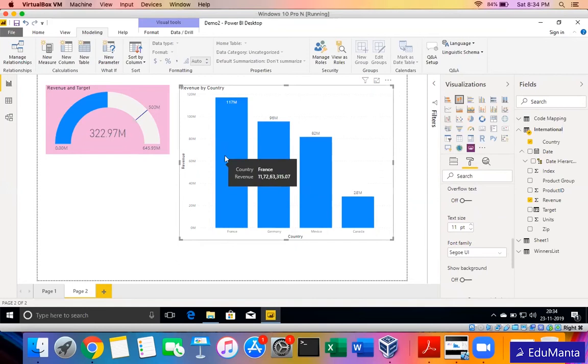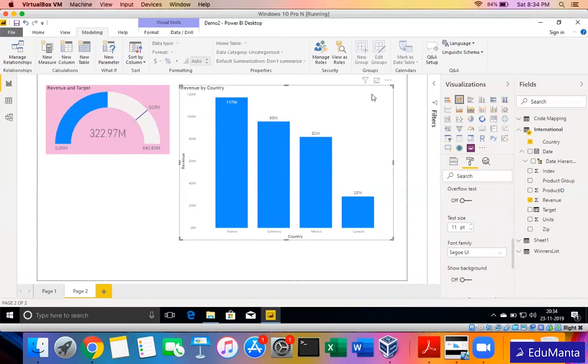If it's not visible, or if it's visible, either way, when you hover over any of the bars, this tooltip icon comes up, which will show me, okay, for country Germany, this is the revenue. But I have displayed here, so here I can see, okay, 82 million, 95 million, and so on.